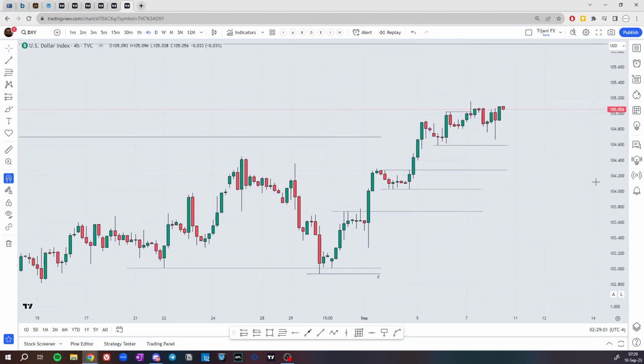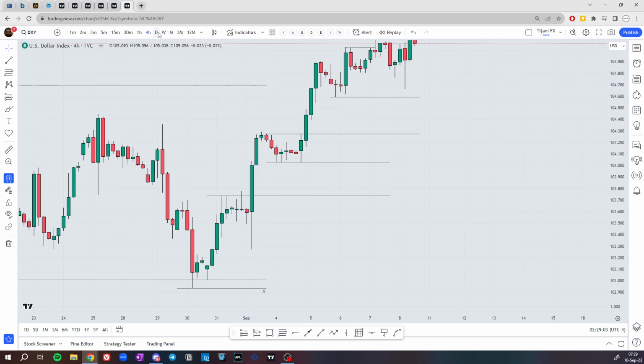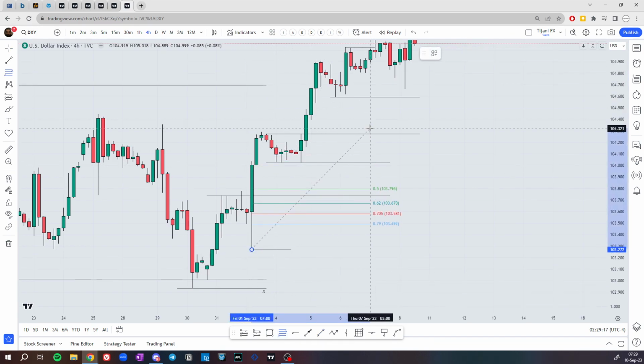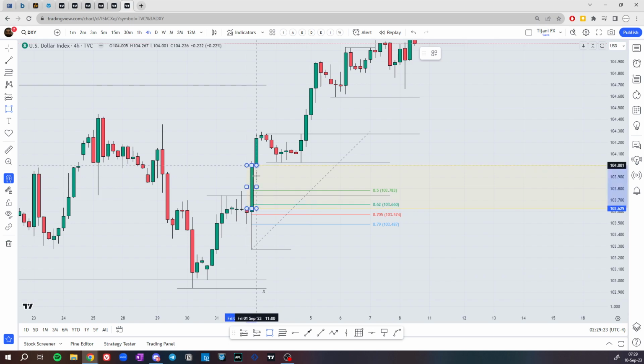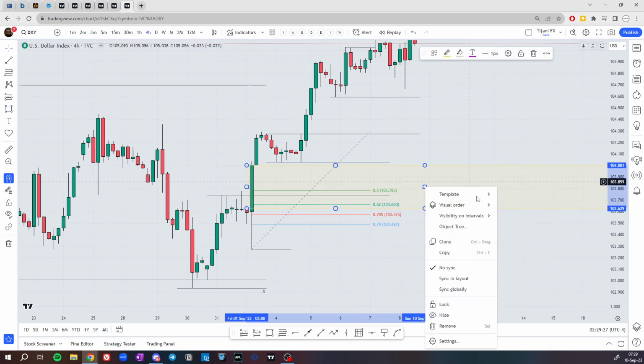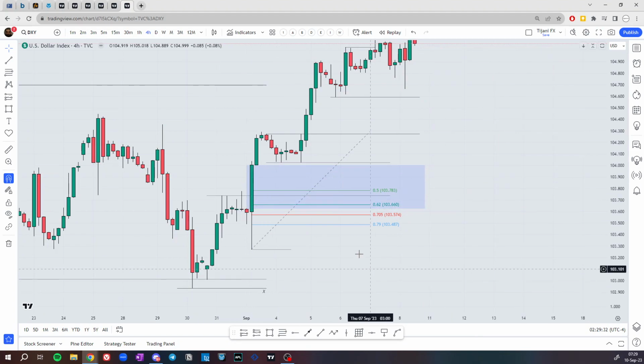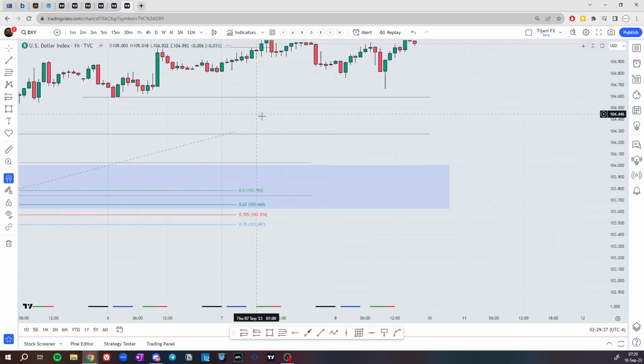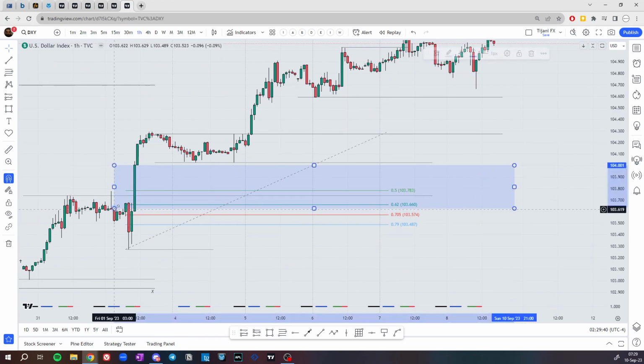On the 4-hour time frame, this is Monday. I've been expecting price to have a retracement to the discount of the 4-hour range, filling this fair value gap here. To have this 4-hour fair value gap, I've been expecting price to drop lower to fill that fair value gap here. And you see on the 1-hour time frame we have a 1-hour fair value gap,